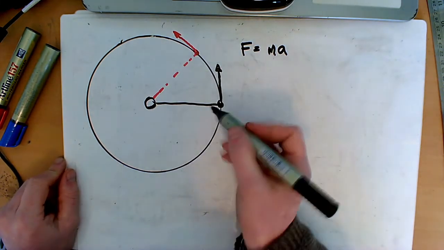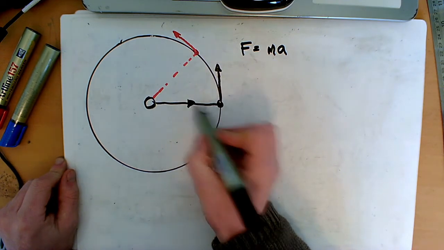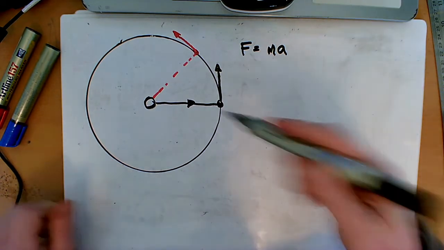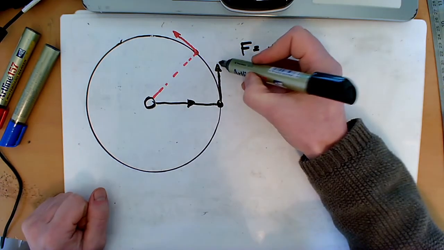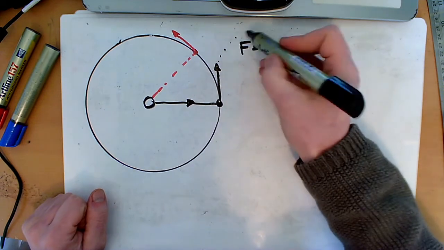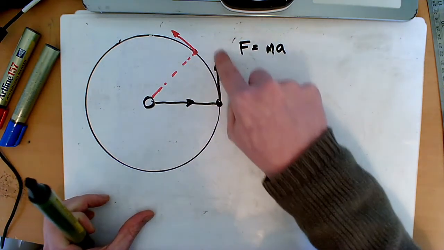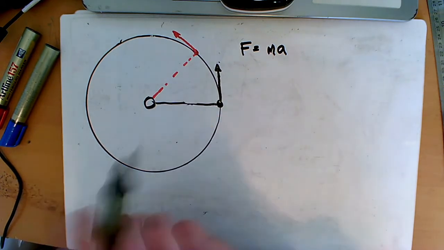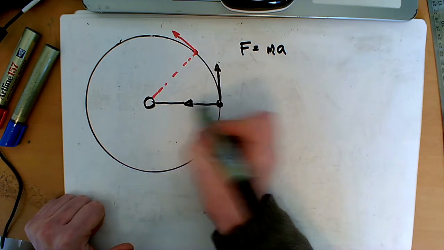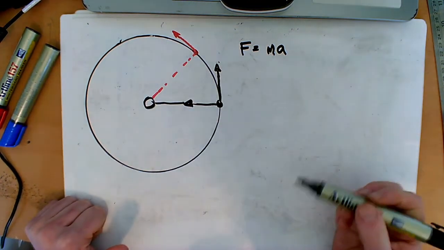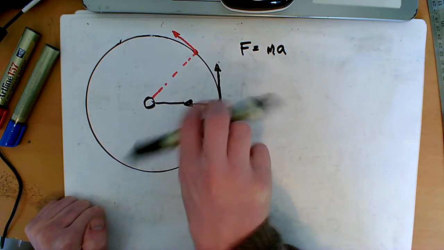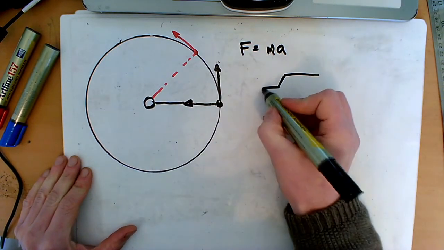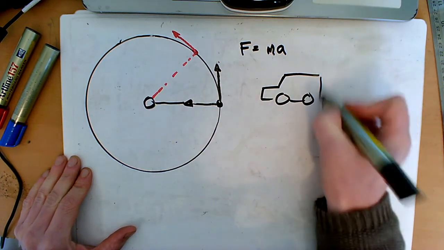Now a lot of people, when you swing this around, might feel like the stone is pulling that way and that the stone wants to go that way. But it doesn't, and if it did, you would know when you let go, because then it should go this way, shouldn't it? As soon as you let go, it's going to go straight. The force is actually being pulled in. This may seem a little strange because you feel like it's pulling out, but the force is actually coming in, and it makes more sense if we think of a car. So if you're in a car, and all of a sudden